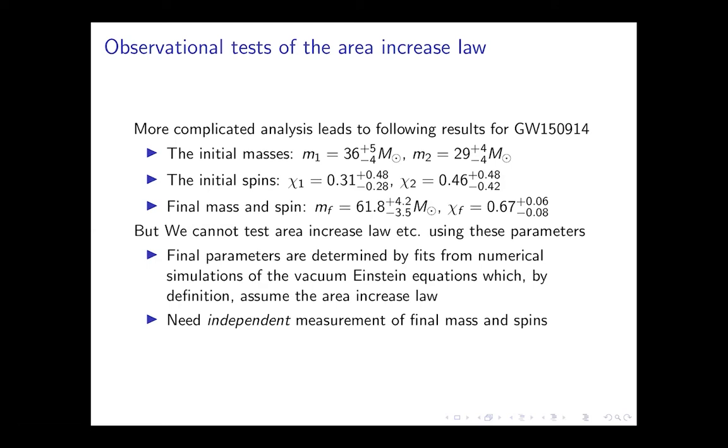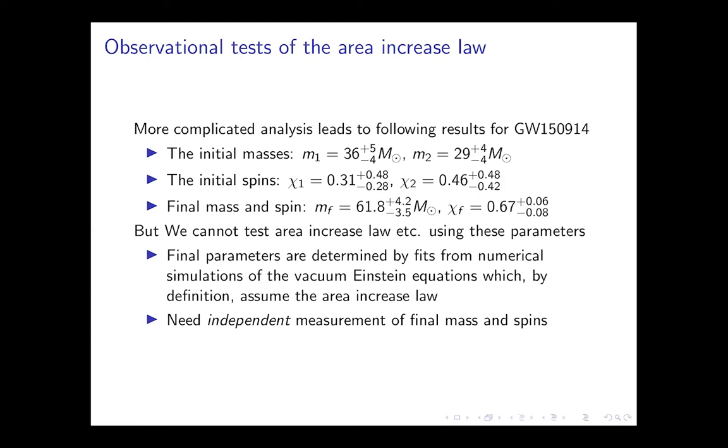So now you might think that, based on this analysis, based on M1 and Chi1, you can compute the initial area for the first black hole. Based on M2 and Chi2, you can compute the area for the second black hole. And based on MF and Chi-F, you can compute the area for the final black hole. And then you might expect that the final area has to be larger than the two initial ones, and that is true. But this is not really a test of the area increase law, by which I mean